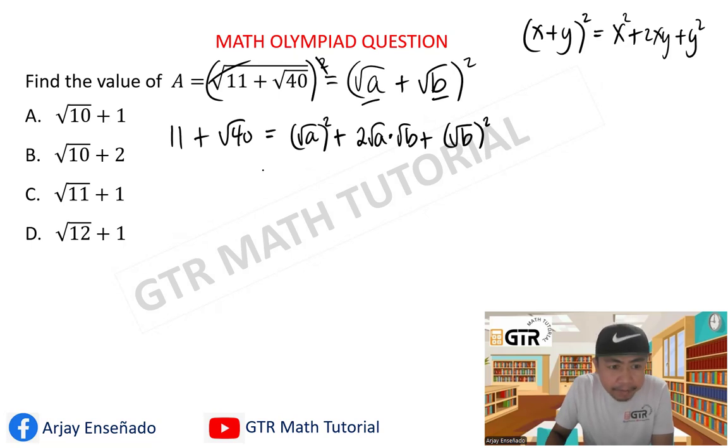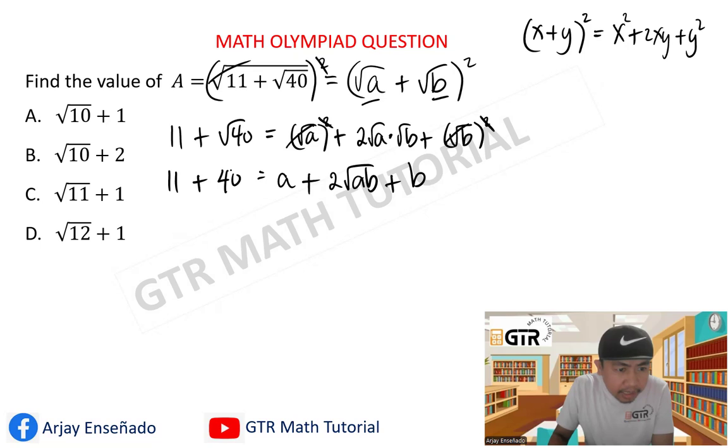And then we simplify the square root and the square, so that will cancel out. So we have A plus, let's multiply this, 2 square root of A times square root of B. We have 2 square root of AB plus, cancel the square and the radical, so we have B. Now let's equate the terms with the integer and the terms with the square root. So the integer is 11 and then we have A and B.